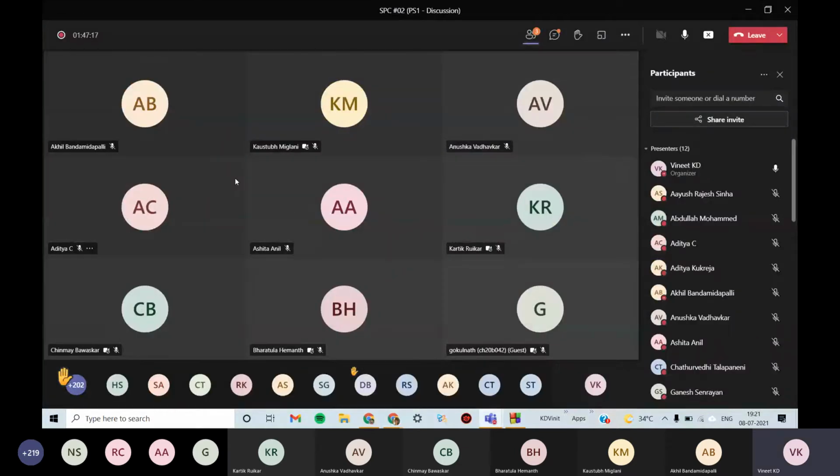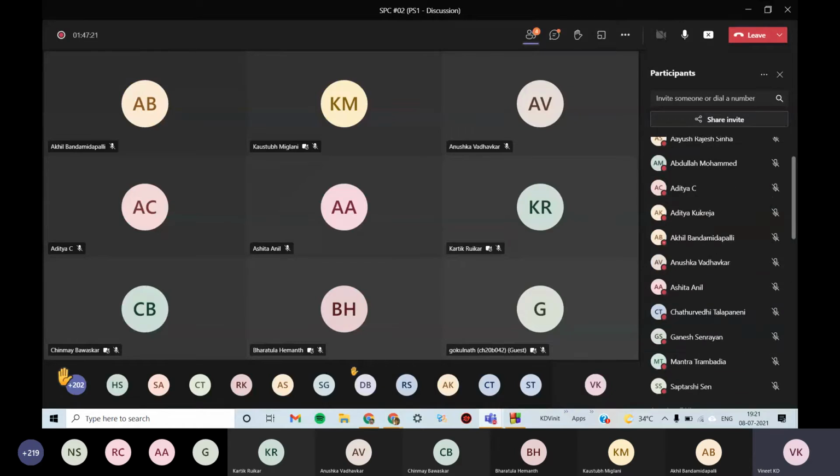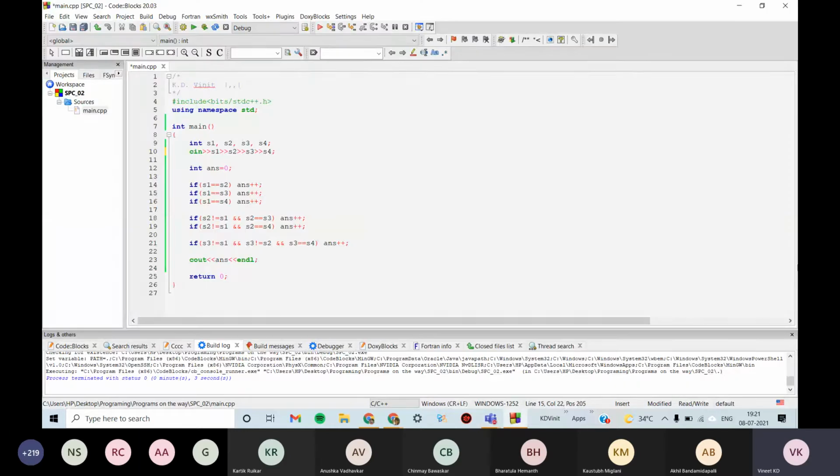I guess I will now pass it on to the team. So, Ashita, are you going to continue? Yeah, I'll be continuing now. Okay. Also, were you planning to do it the same way, like this way? Yeah, I had also done it this way, but before this, I had first sorted the 4 numbers and then proceeded. Oh, okay. So that would help you avoid this condition, is it? Yeah, yeah.